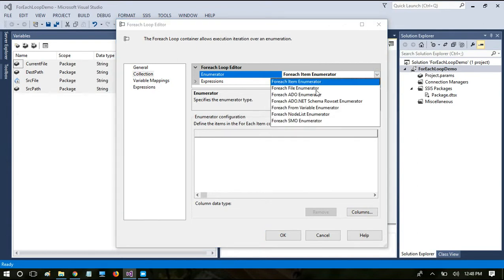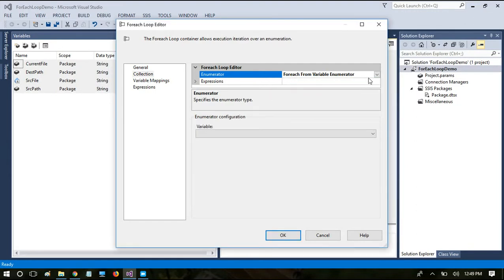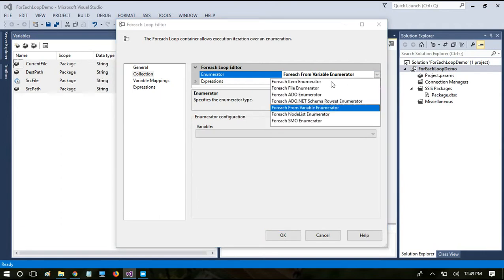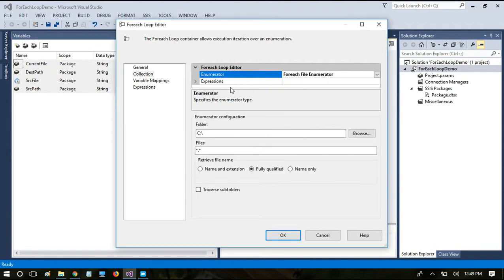There are different types of enumerators available. You have to choose accordingly from your requirement. For example, if you are going to loop through an object variable which has a set of paths or a set of records in the form of a data table, then you will use the variable enumerator. So I'm just going back and choosing the For Each File enumerator,